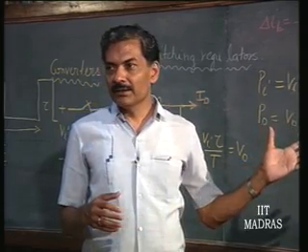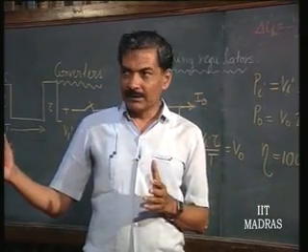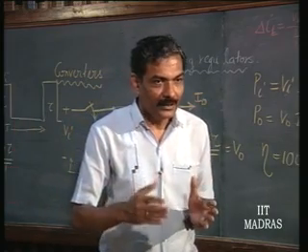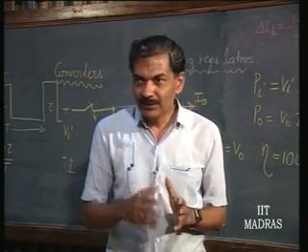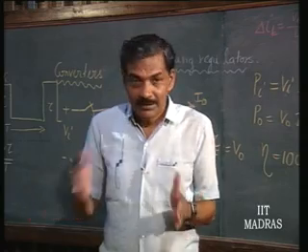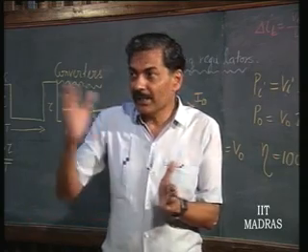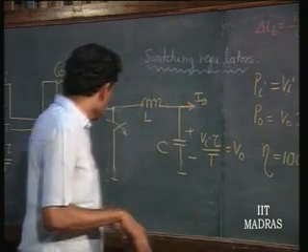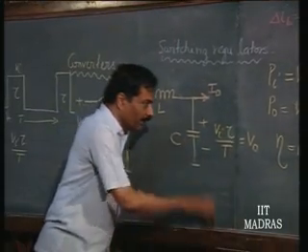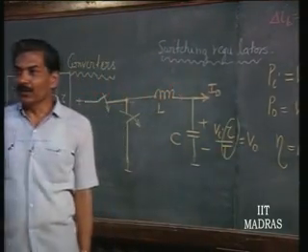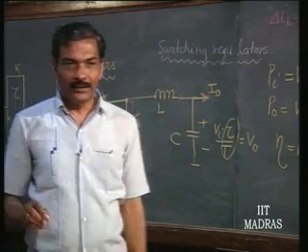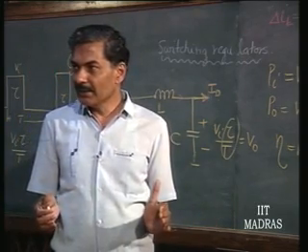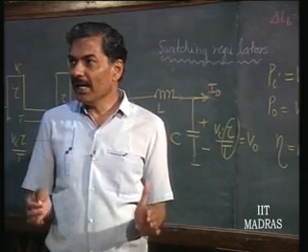What is it? V naught, I naught, this is only a converter design, DC to DC converter. We have not yet come to the stage of designing a switched mode regulator. Voltage is DC is converted to another DC in a most efficient manner. Now, what should I do in order to regulate? It is obvious that I can now control tau over T. As Vi changes, I will change tau over T, in such a manner that Vi into tau over T